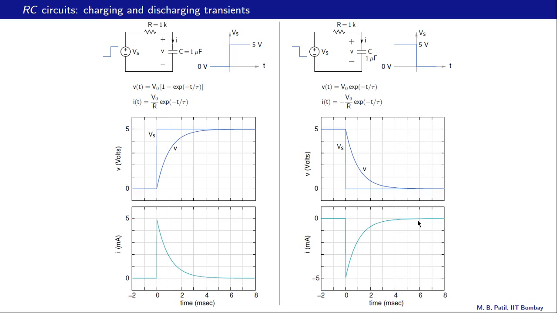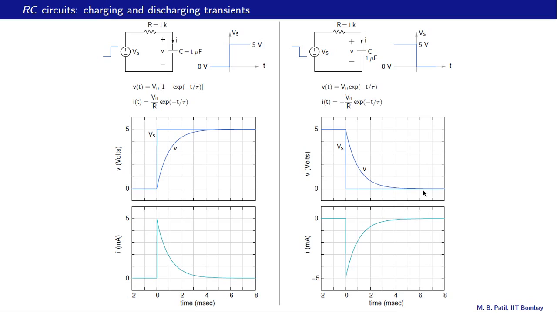Let us check whether these results, the plots here, correspond to the equations that we have derived. Let us look at the capacitor voltage first. At t equal to 0, this term is 1, and therefore v of t is v0. v0 is 5 volts, and therefore the capacitor voltage is also 5 volts. As t tends to infinity, this term becomes 0, and therefore the capacitor voltage becomes 0, as seen in this